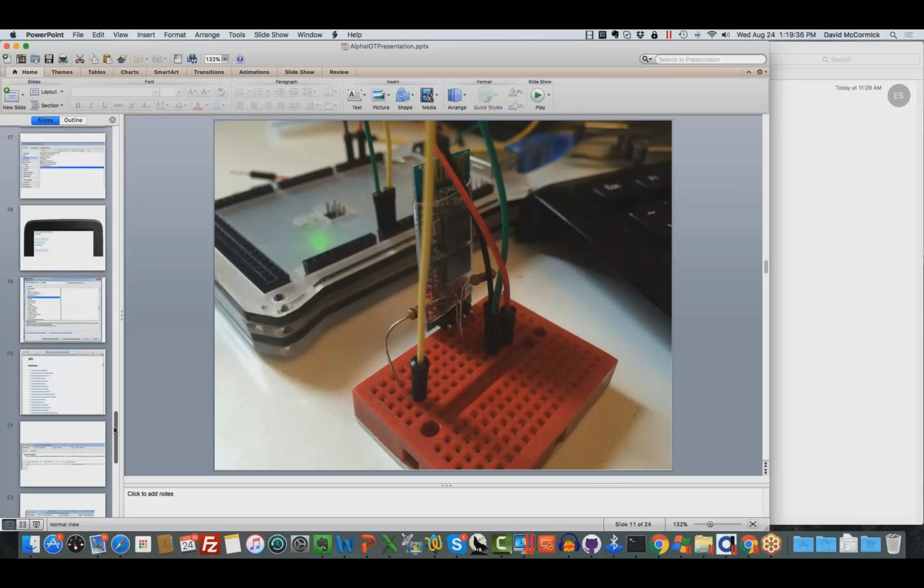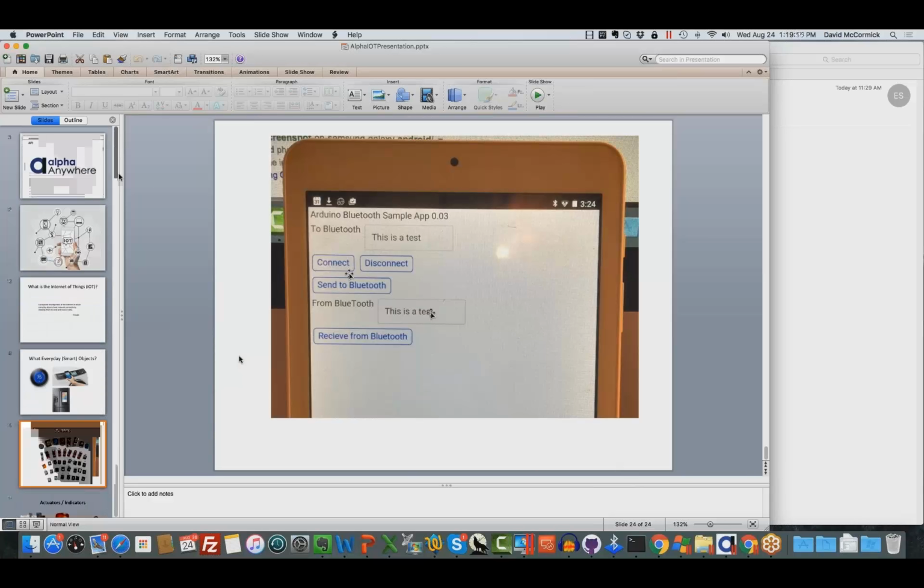Now, they needed to transmit some more interesting data than this is a test and receive it. And I hope to tell you about it because it's a very, very cool project. And I think we will blog about it in the future. But I just wanted to show you how you can actually get your UX component to talk to an Arduino and how Arduinos can talk to the outside world.